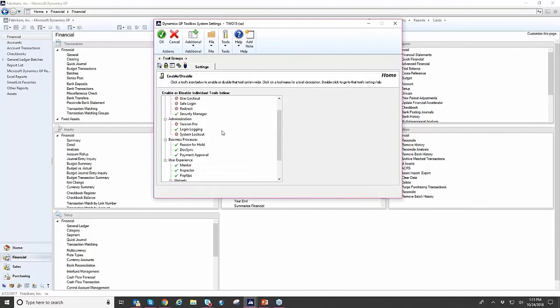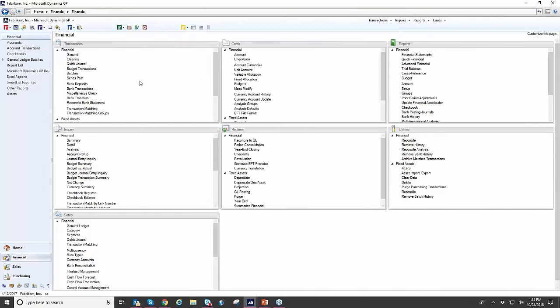Some of the other pieces I'm going to show you, we're going to look at some of the user experience. So when you think of Toolbox, it's not just a system administrator toolkit. There are pieces in here for everybody. So we're going to take a look at Mentor, which is this little block M